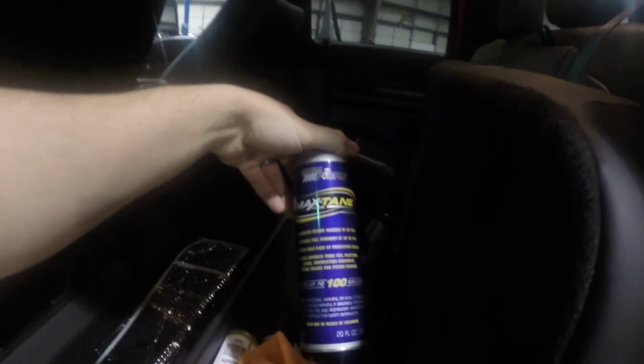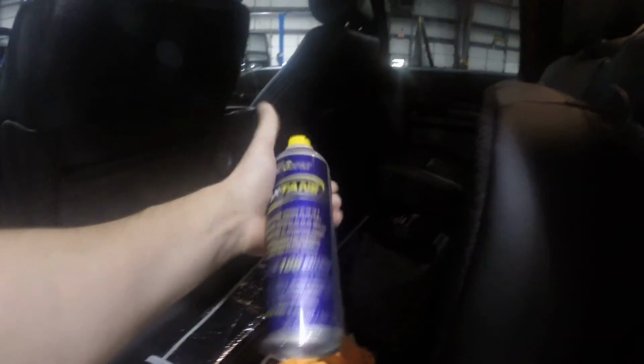Inside, we have WeatherTech floor mats throughout the entire vehicle. I'll show you real quick. Anytime that I've parked this vehicle outside, I have a sun visor right there. I also, in all my trucks, use a Royal Purple. I've put about a quarter can or so